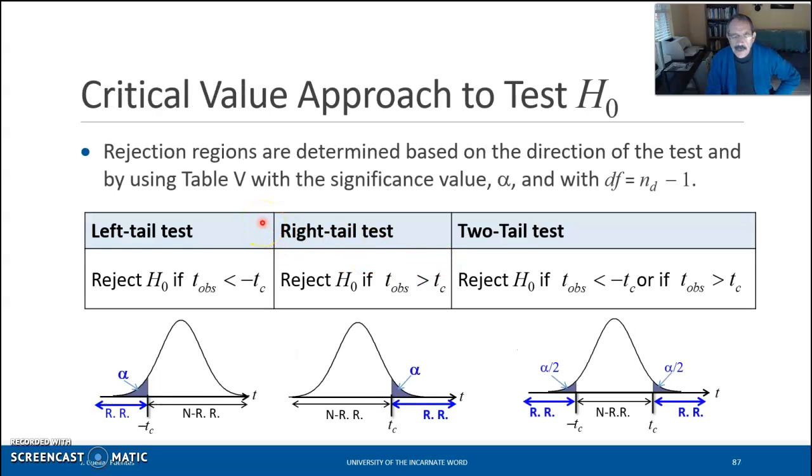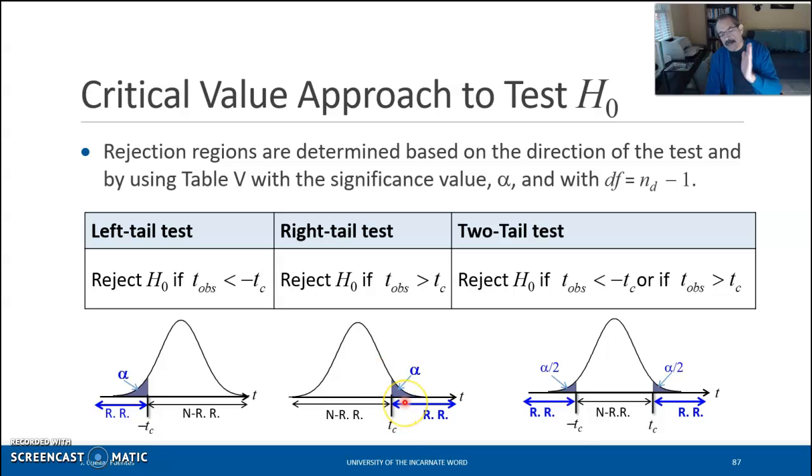Now, if you decide to follow the critical value approach to test the null hypothesis, then the rejection regions are going to depend on the direction of the test. To find the critical value that defines the rejection region, we use table 5, which is the table of t probabilities, with the value of alpha and the degrees of freedom as the number of differences minus 1. So if you have a left-tailed test, then the rejection region is on the lower tail of the distribution. And if you have a